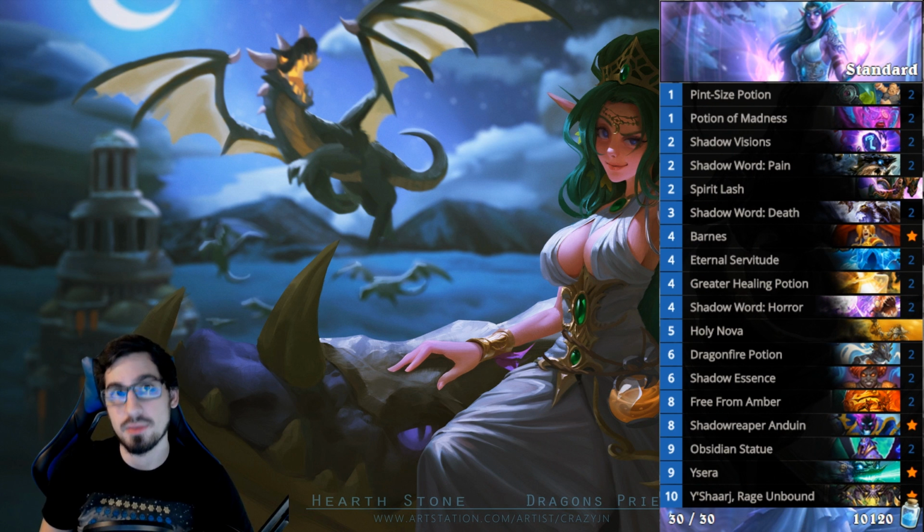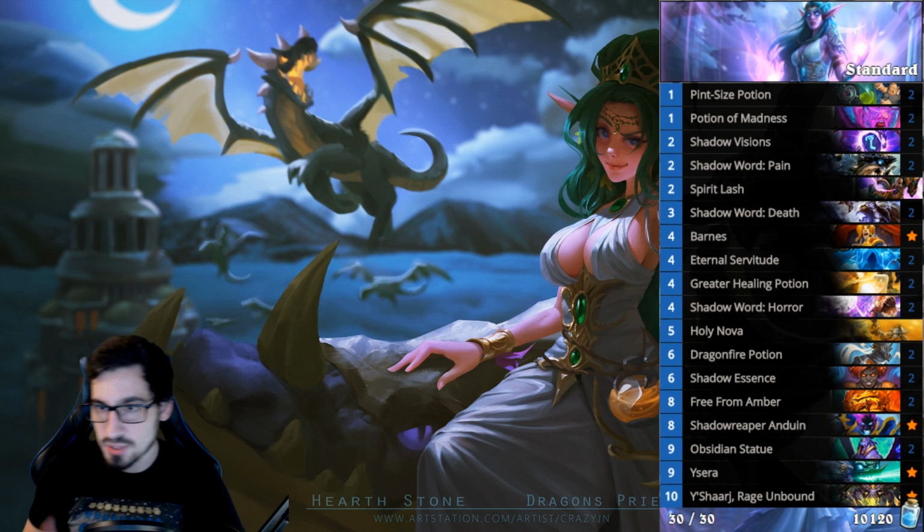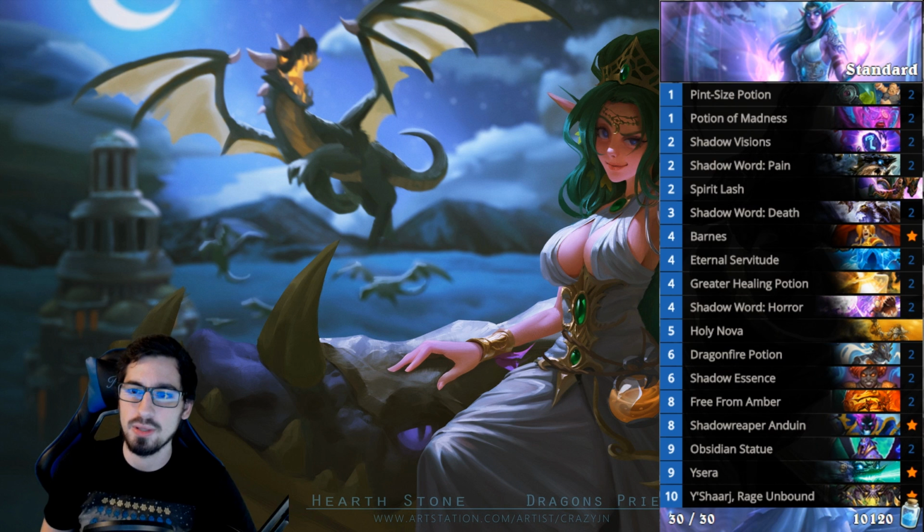The Raza Priest, or I should say the Kazakus Priest we just went over, and this particular Priest deck are going to be the most popular, followed by the Dragon one, which will be next. So this particular deck revolves around high rolling your opponent. And what I mean by high rolling is if we can draw Barnes by turn 4,